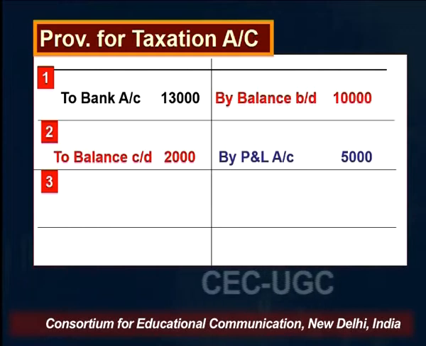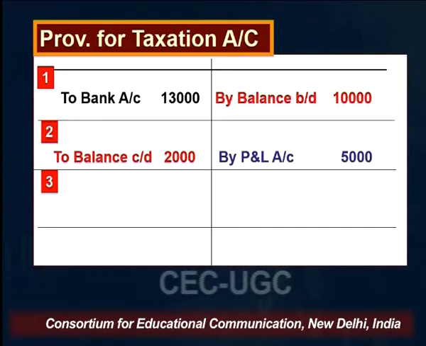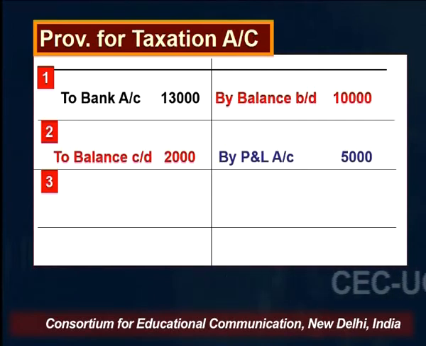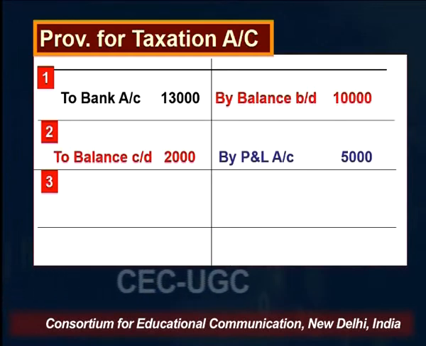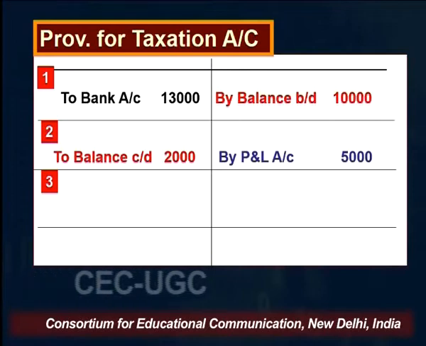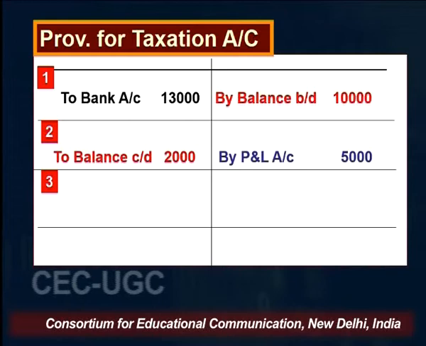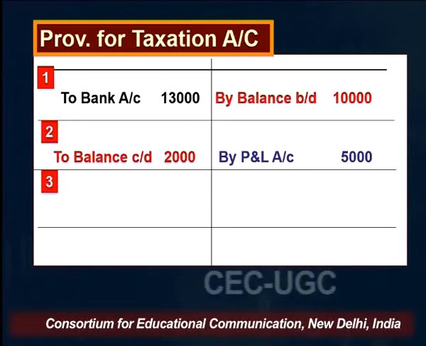Now depending on the type of question, sometimes the amount allocated from profit and loss account on account of provision for taxation is given. In that case, suppose you have the opening and closing balance of provision for taxation and you are provided in the profit and loss account that the company has allocated 5,000 rupees on account of provision for taxation. So you will write on the credit side of provision for taxation account, by profit and loss account 5,000 rupees. Now the remaining balance on the left side, that is the debit side, will be assumed to be a tax payment. We shall assume that it is nothing but a payment of income tax.